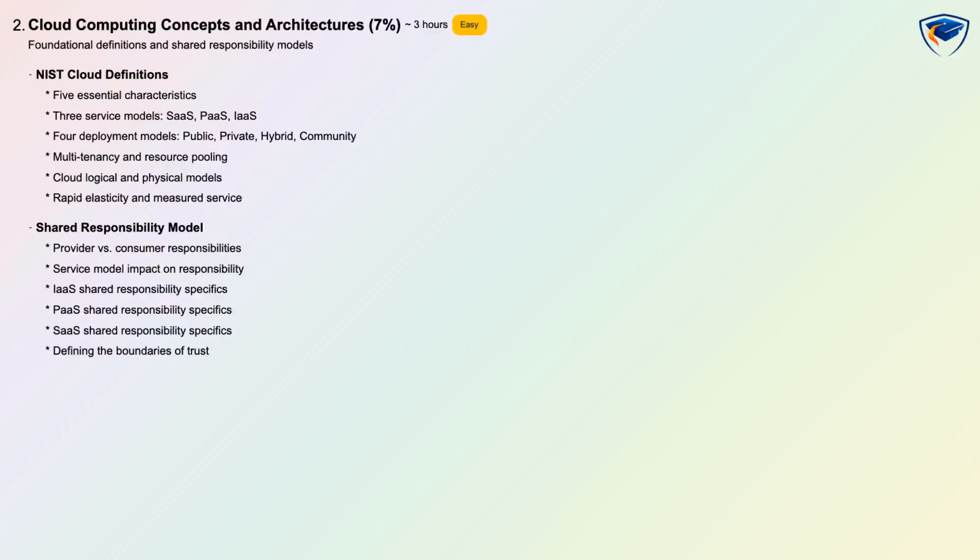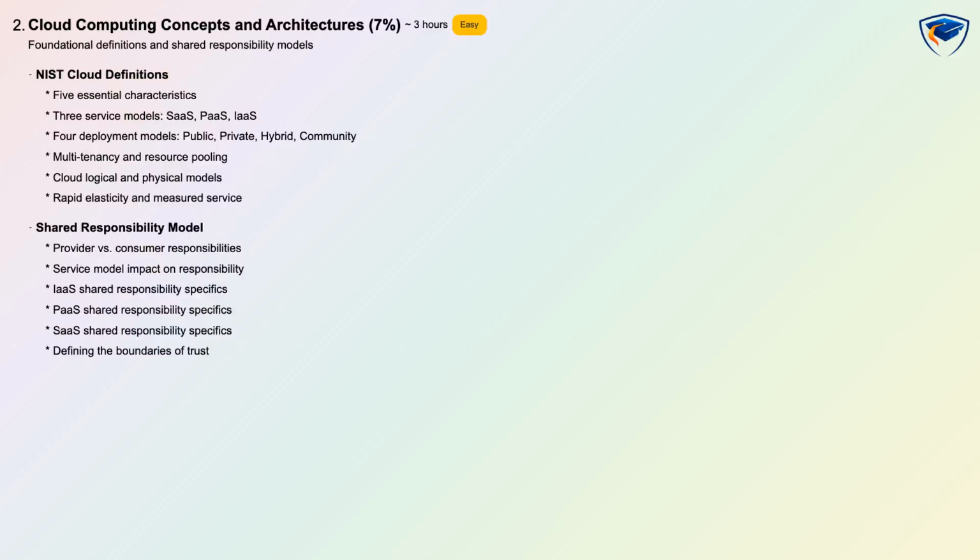Cloud Computing Concepts and Architectures is 7%, considered easy with roughly 3 hours of study, and tested with conceptual and scenario questions. This domain teaches NIST cloud definitions including the 5 essential characteristics and the 3 service models SaaS, PaaS, and IaaS, plus the 4 deployment models. You will also learn the shared responsibility model in detail and how responsibility shifts between provider and consumer across service